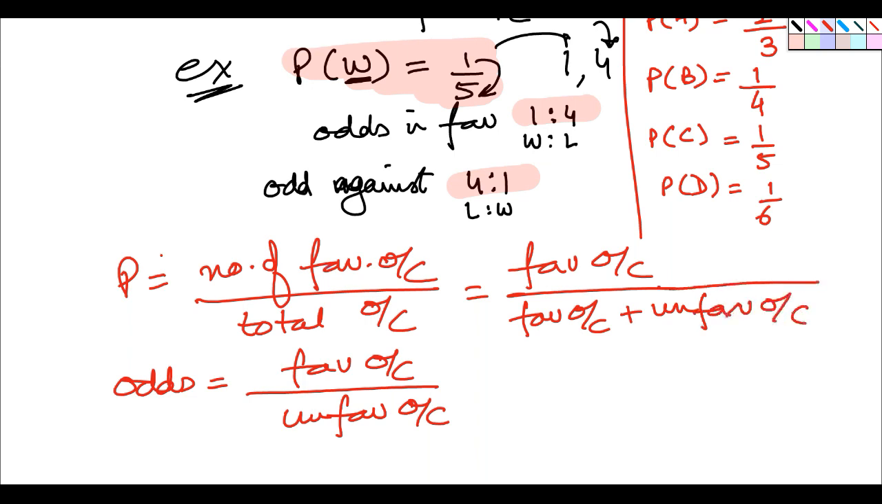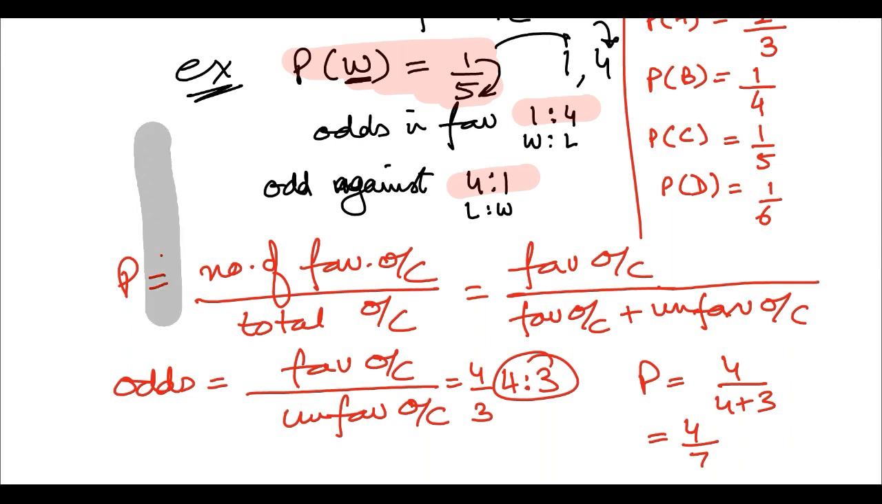So what are odds? Odds are favorable to unfavorable, while probability is favorable to total. And total, of course, is favorable plus unfavorable. So once again, if odds in favor are 4:3, meaning 4 favorable and 3 unfavorable, what will be the probability in this case? Probability will be 4 favorable upon total outcomes, favorable plus unfavorable, 4 plus 3. This is how we can convert